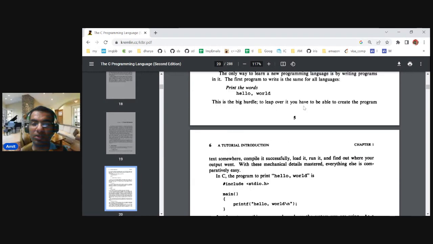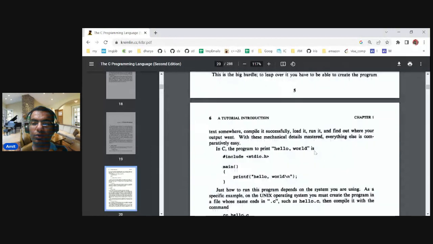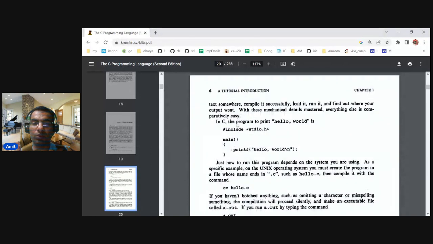This is a big hurdle to leap over, and we'll be able to create a program, enter the text somewhere, compile it successfully, load it, and find out where our output is. So this is our first program. So let me share my Ubuntu operating system, and then we'll start with